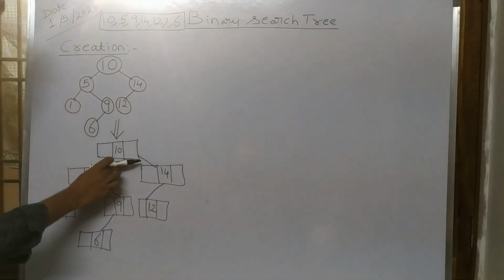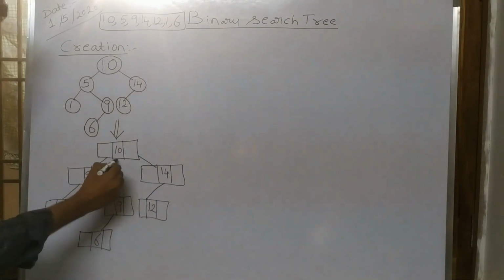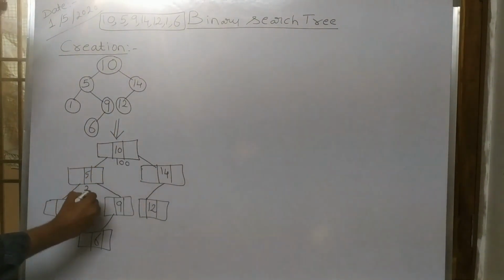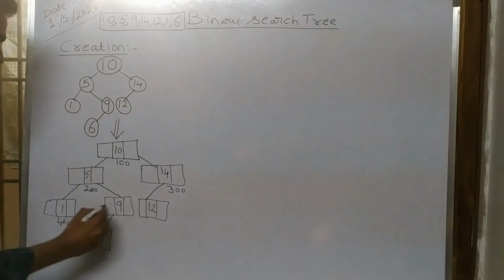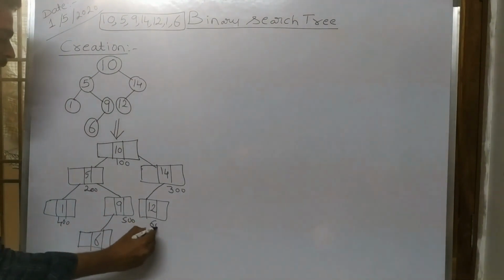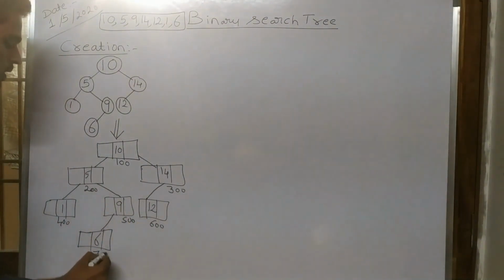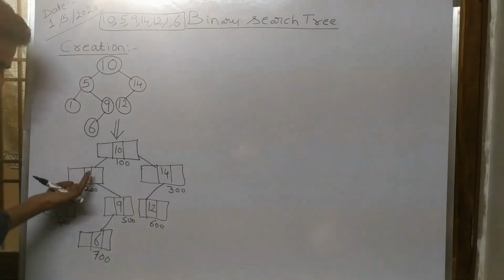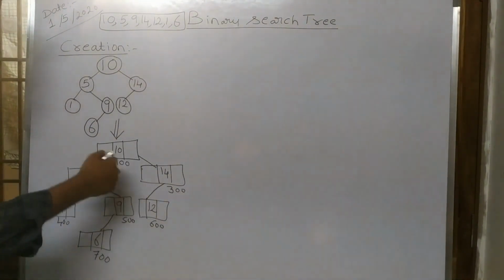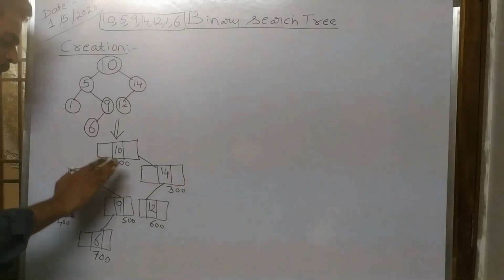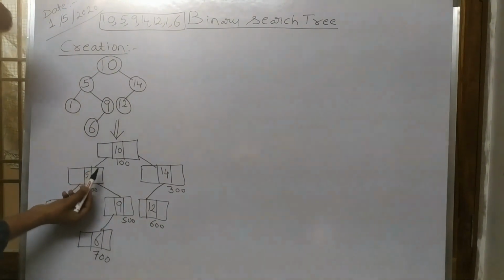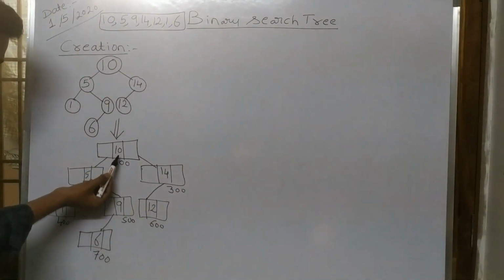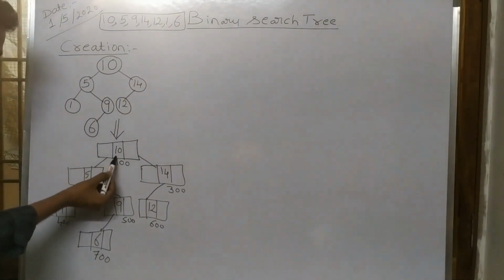Now you already know all this. In binary trees we have seen, right? Let us take this node address as 100, this node address 200, 300, 400, 500, 600 and 700. Generally for our understandability we draw like this, but in the system internally it won't be like this. It will maintain pointers. If node 10 wants to connect to 5, it has to know the address 200.